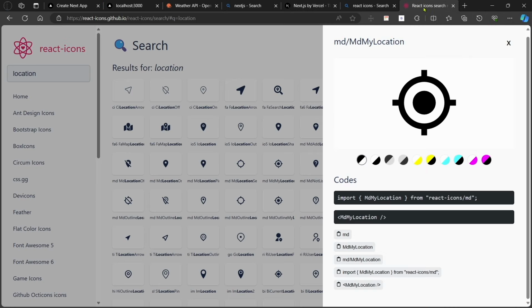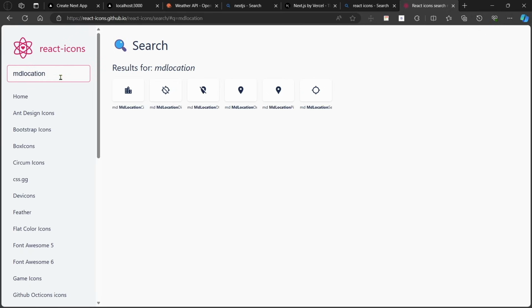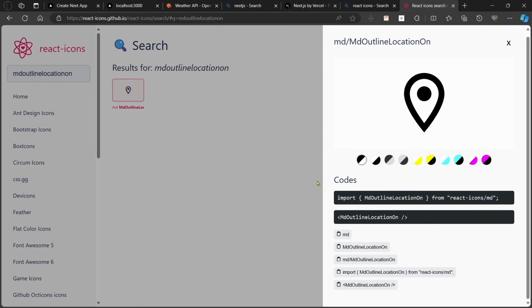Now let's add another icon. This is also a location icon. So again we'll go to the browser, and we have already searched for location icon, but we need a different icon for our location. For now, I just know the exact name for our location icon, so I will just search for that name directly, but you can choose any icon that you want. In my case, my icon name is this one, so I will just click on that one and again do the same process,